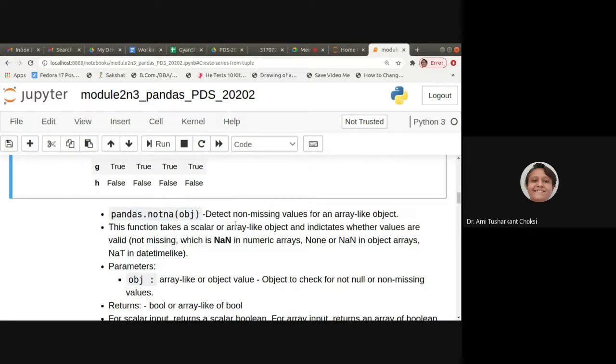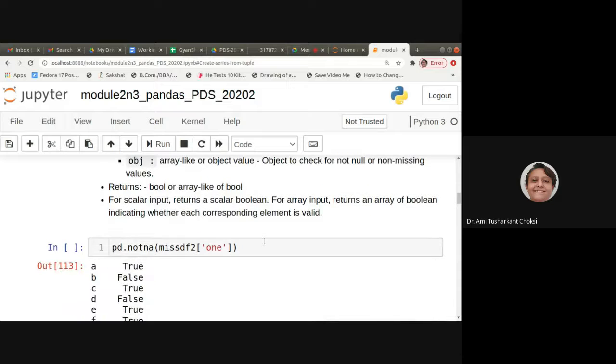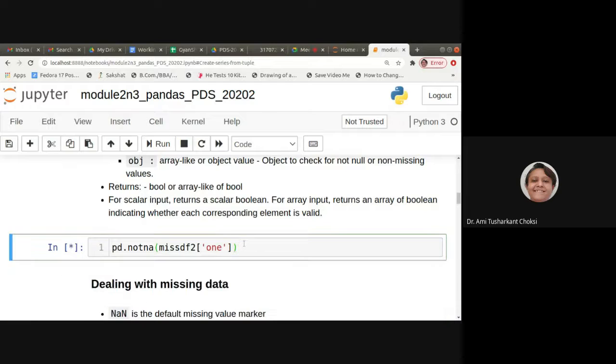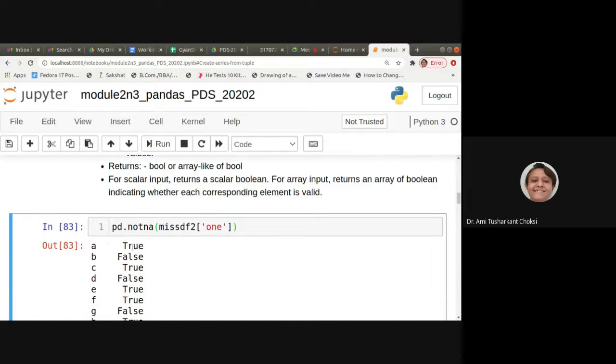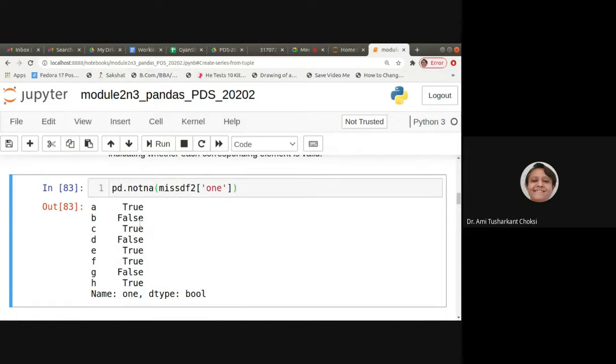Now for notna, not missing values, right? Say, let us consider for column 1, we can say notna, right?